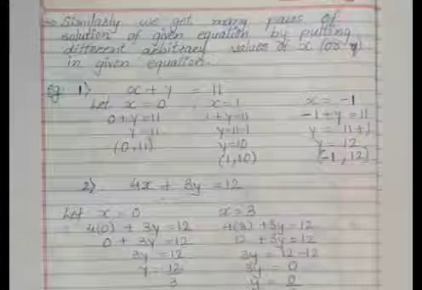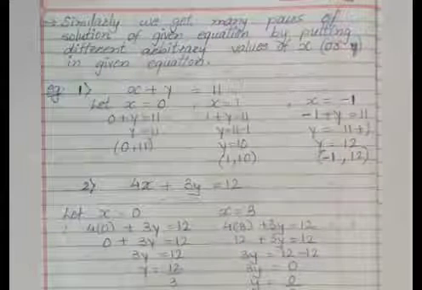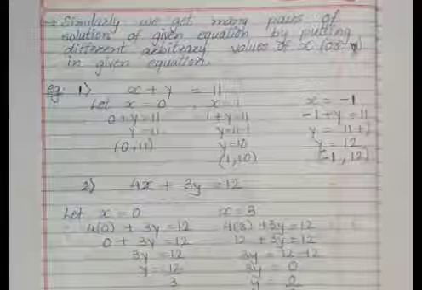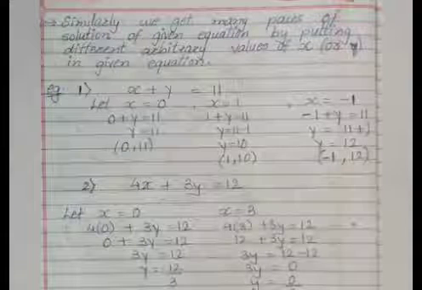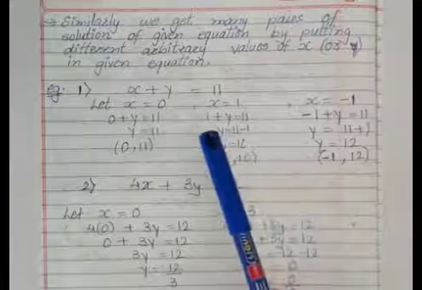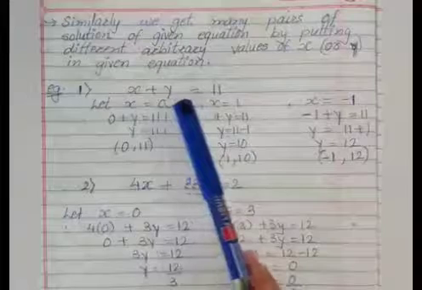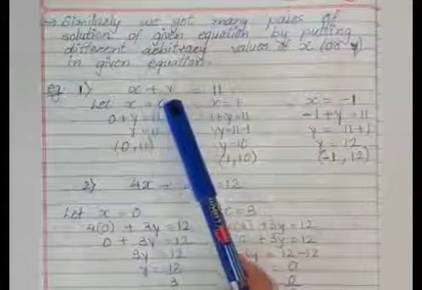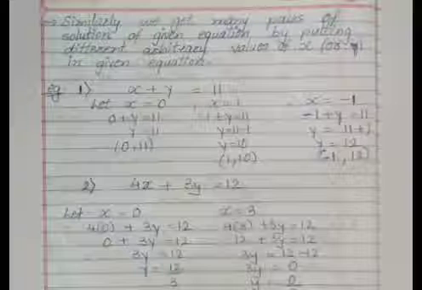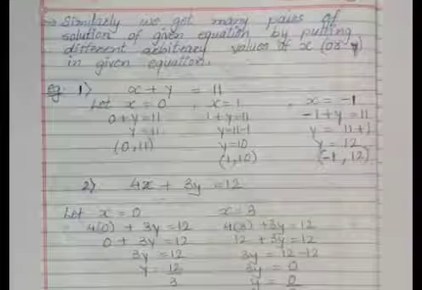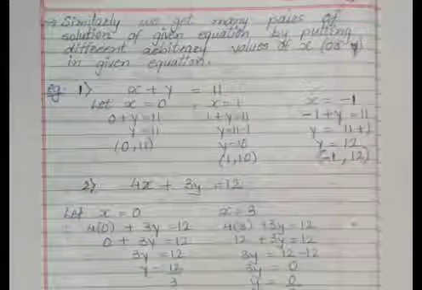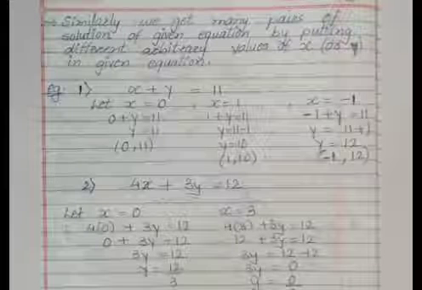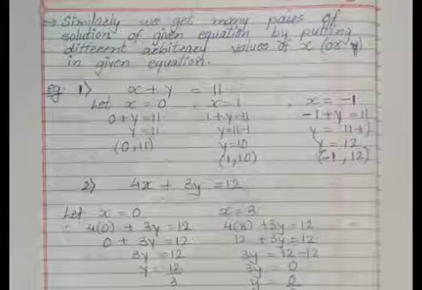In this way, we can find many more pairs for the given linear equation in two variables. Now here you can see that in this given linear equation, neither of the variables has any coefficient with it. So when we select values as 0, 1, 2, minus 1, minus 2 and so on, we will get the values as whole numbers, as integers, and we don't have a problem.